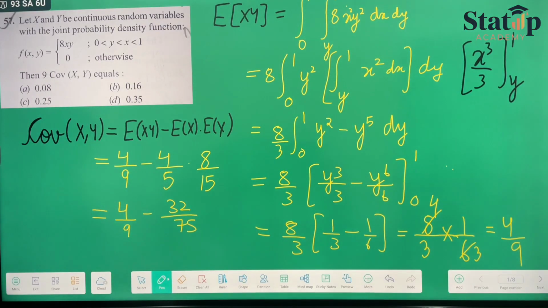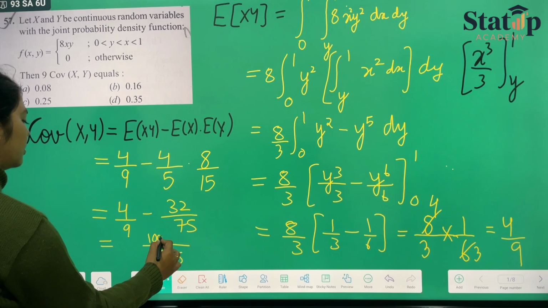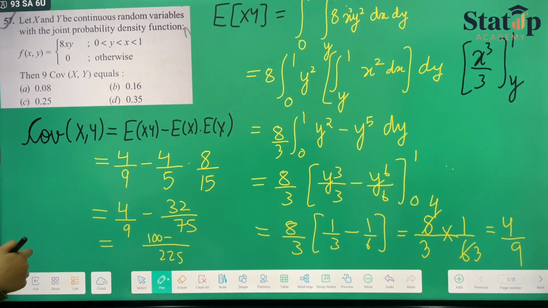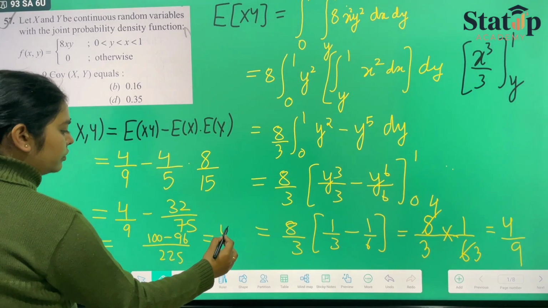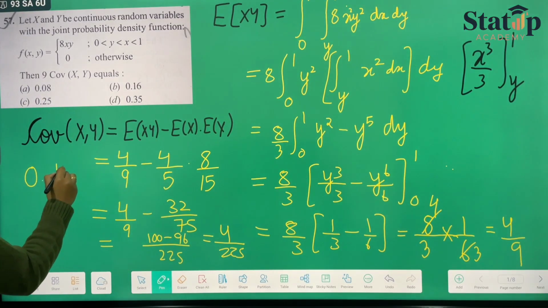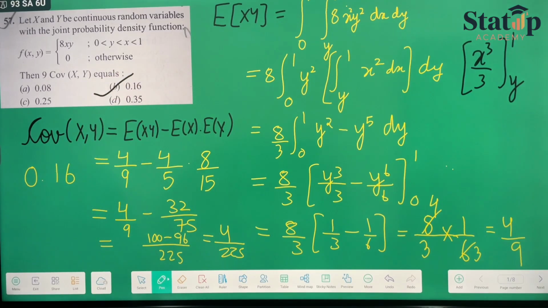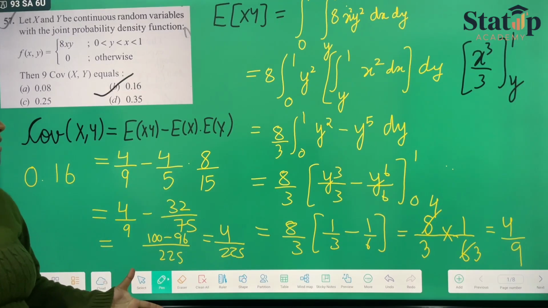If we subtract both of them, taking the LCM, it will be 225, 100 minus 96, which is equal to 4 upon 225, and if we convert it into decimal, it will be 0.16, which is our option number B. So you can see yourself how much this has taken your space, time and